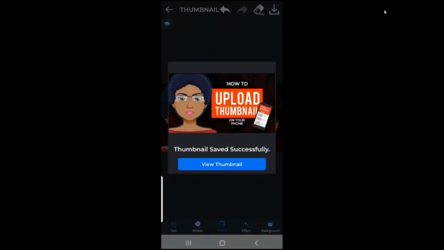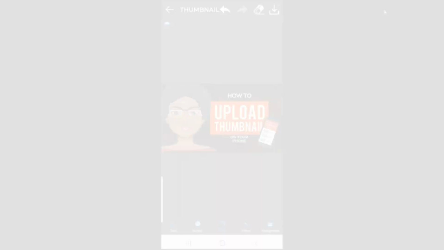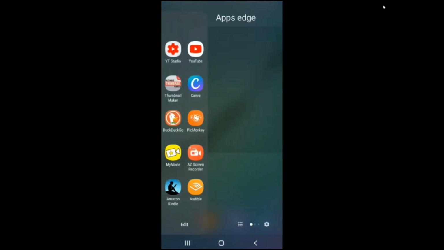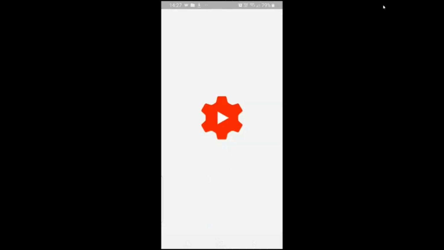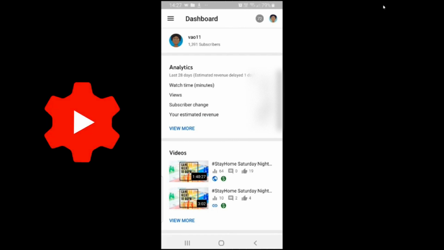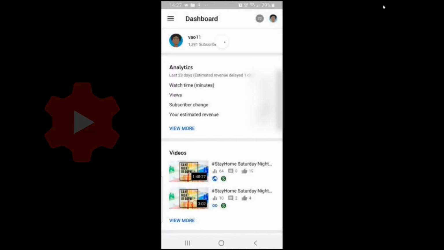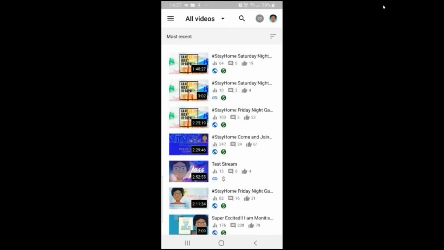You can download and save it by clicking on the button in the top right hand corner of your screen. You are now ready to upload your custom thumbnail to your YouTube video. You need to launch YT Studio, select videos, find the video you want to update, click on it,